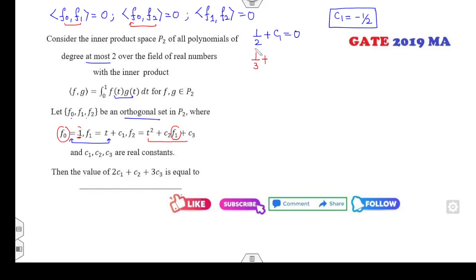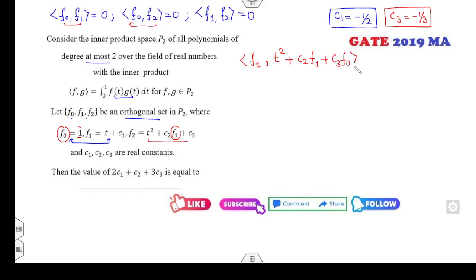f0 f1 की वैल्यू तो 0 ही है आपके पास, तो c2 के साथ तो आपका 0 हो गया, प्लस c3 की इंटीग्रेशन c3, तो इसका मतलब c3 की वैल्यू आपकी हो गई -1/3। फाइन। नाउ f1 एंड f2, f1 f2 की वैल्यू फिल कर लेते हैं, t square प्लस c2 f1 c3, f0 की वैल्यू 1 है तो इसको मैं साथ में f0 लिख लेता हूं। इसका क्या बेनिफिट होगा, यू कैन सी व्हेन आई स्टार्ट विद f1 f0, फाइन, ये वैल्यू कितनी हो जाएगी f1 f0, दिस वैल्यू इज माई 0,